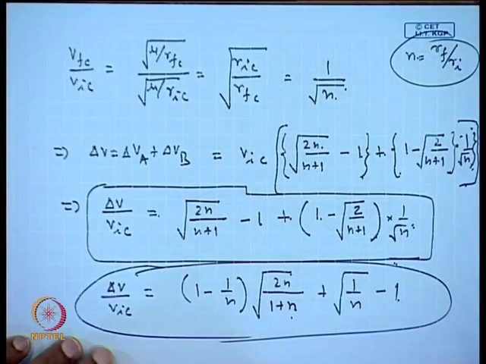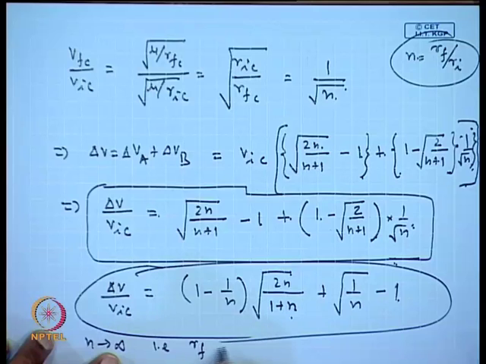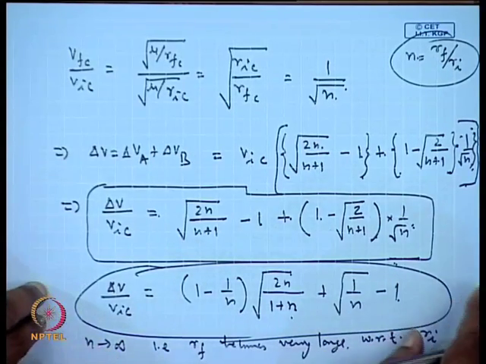So, if n tends to infinity, that is r_f becomes very large with respect to r_i, so once n becomes very large,